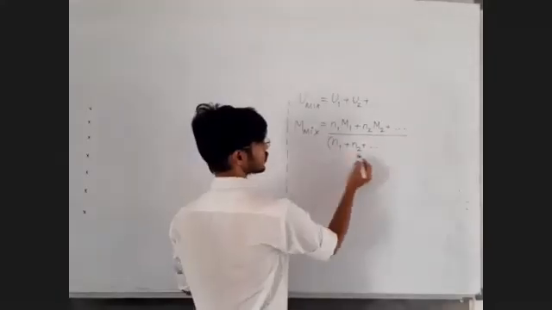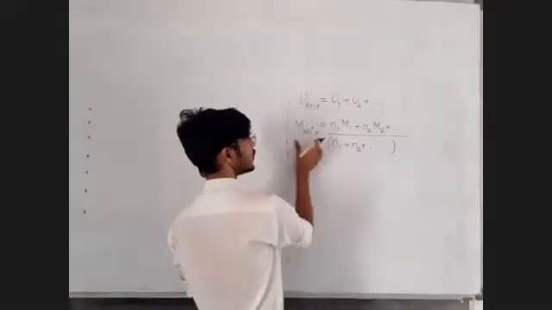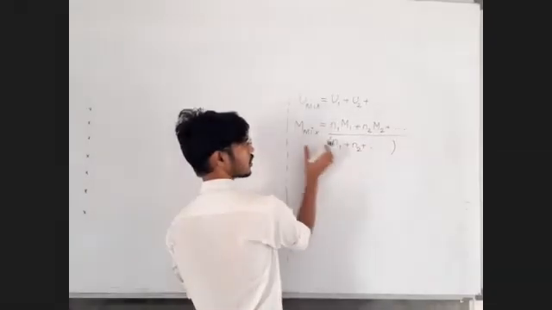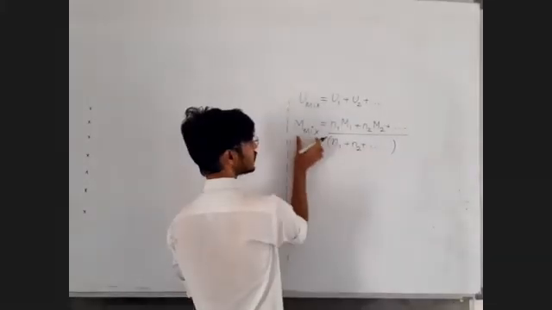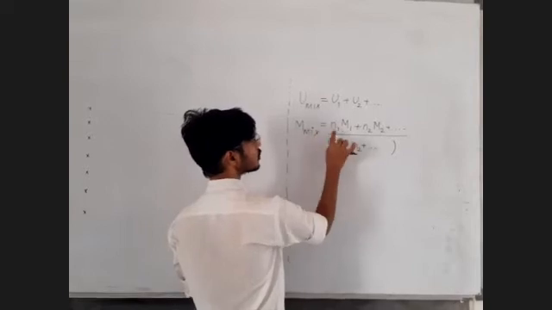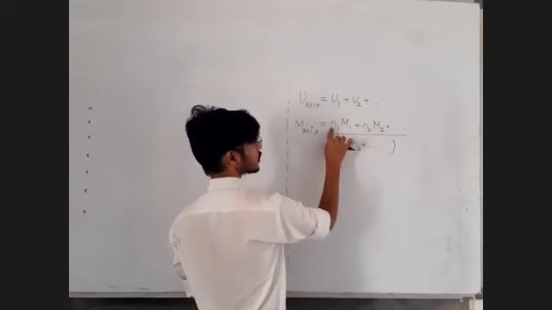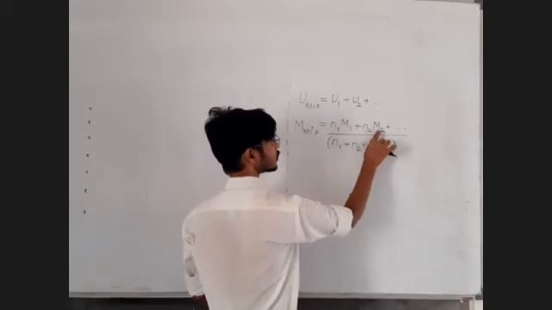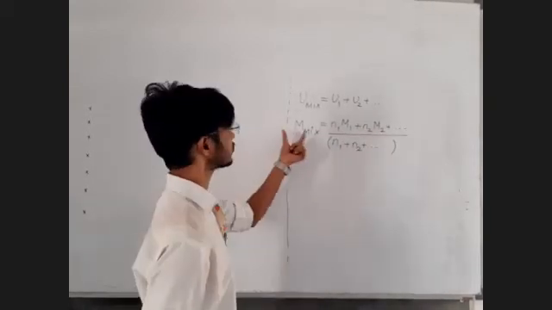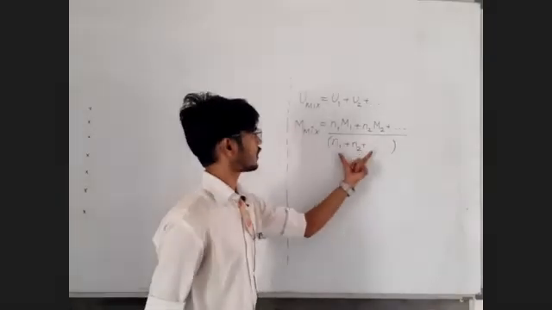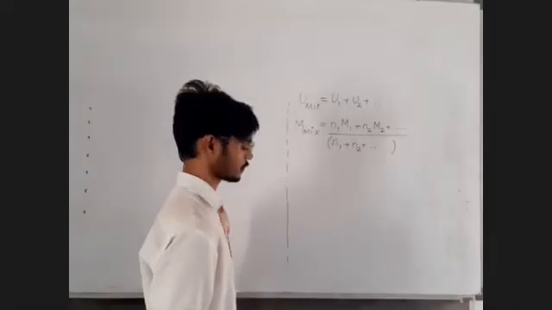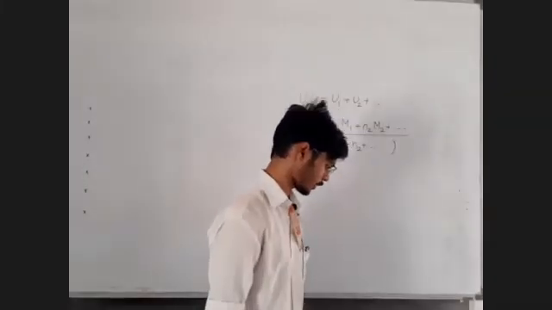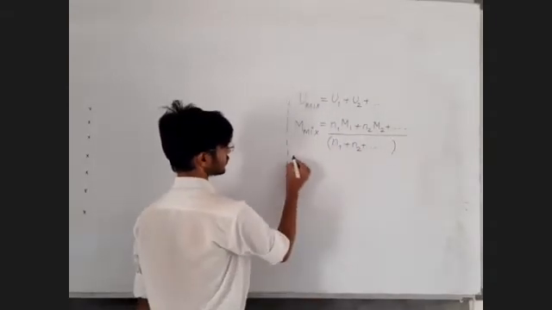This value is going to be the total number of moles into molar mass of the mixture, or number of moles of the mixture into molar mass is equal to number of moles of first component into first molar mass plus number of moles of second component into second molar mass, and that total number of moles of mixture we have divided here. Okay. Then the third formula was pressure of a mixture, Dalton's formula of partial pressure.